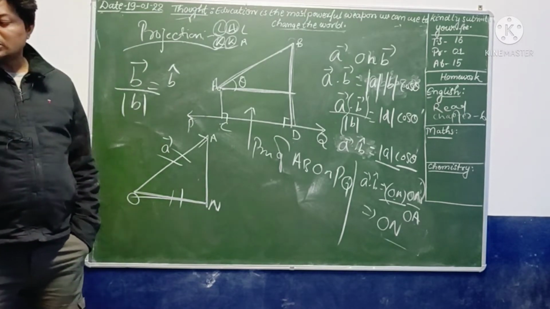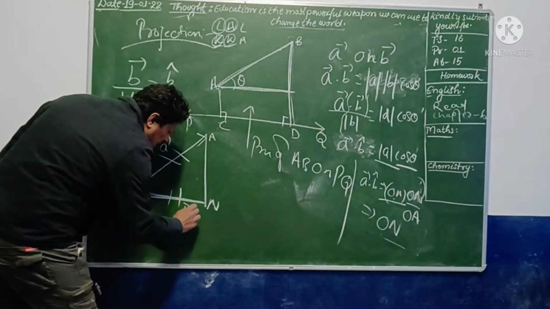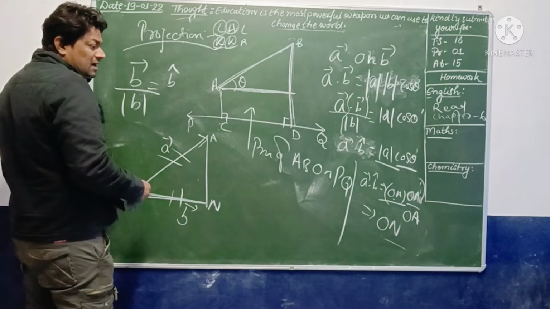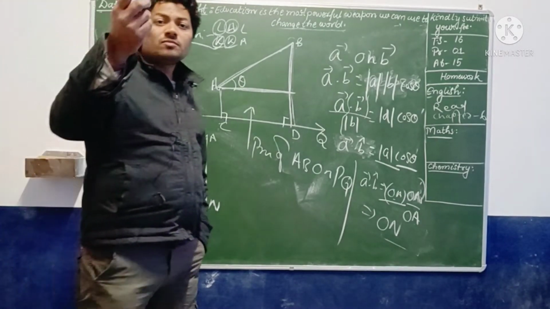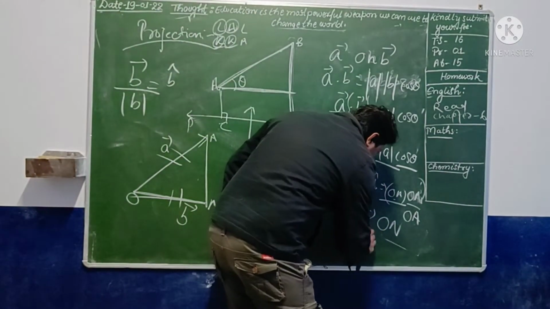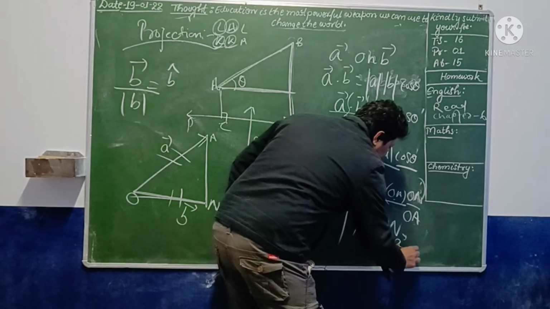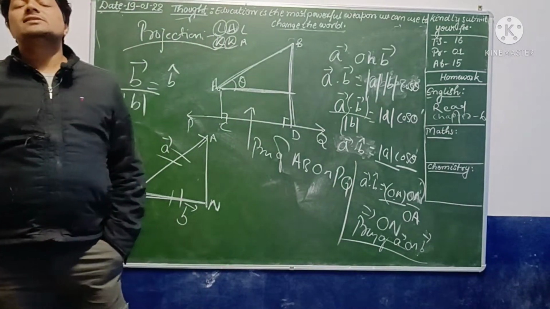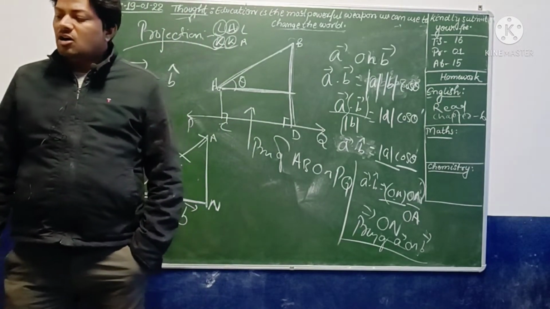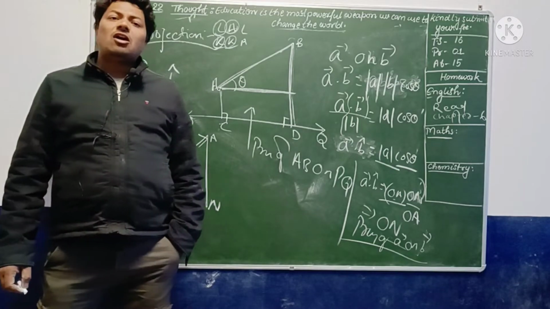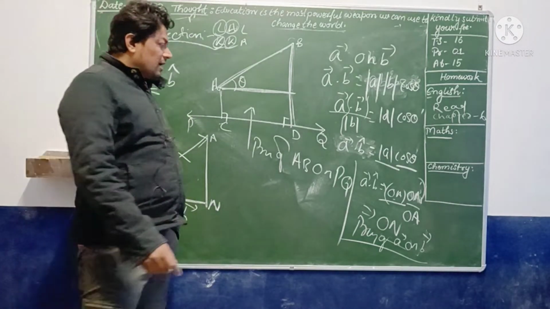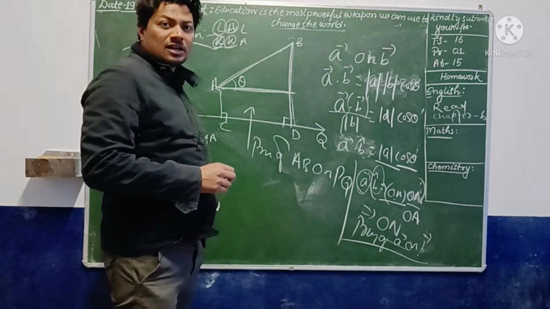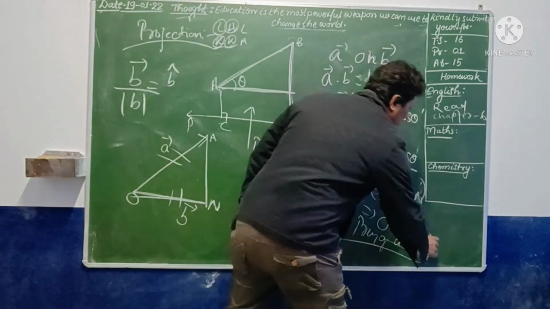इसका projection of A on B, because this one is working as vector B, this one working as vector A. So you can simply write projection of A vector on B vector. So this one is the actual meaning of projection of A on B. Means projection of A on B is equal to A vector multiplied with B unit vector. This one is an actual projection.